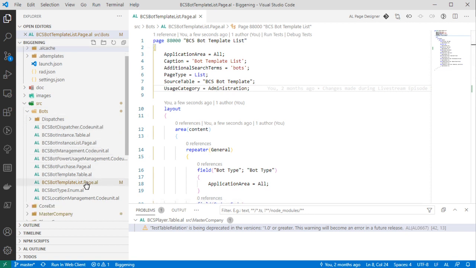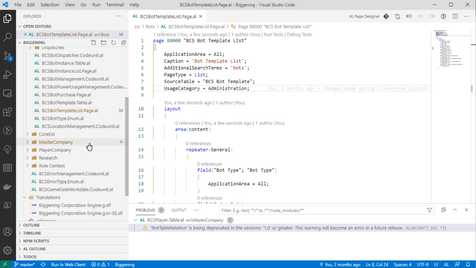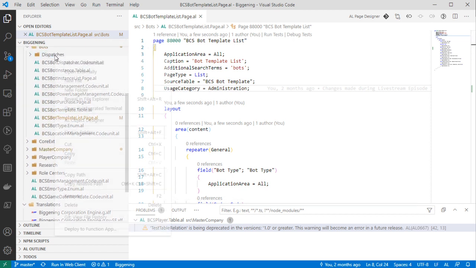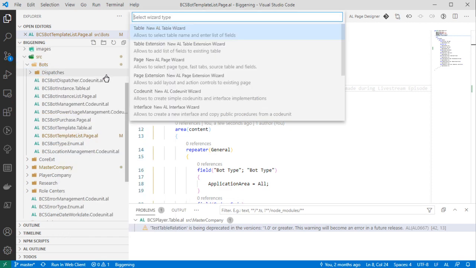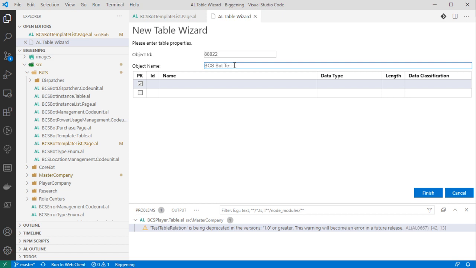Now we need bot template material requirements, which is quite the mouthful for a table name. So let's call it bot template requirements table instead. That should be a little easier to work around here. So under our bots, we will do a new table. That is our BCS bot template